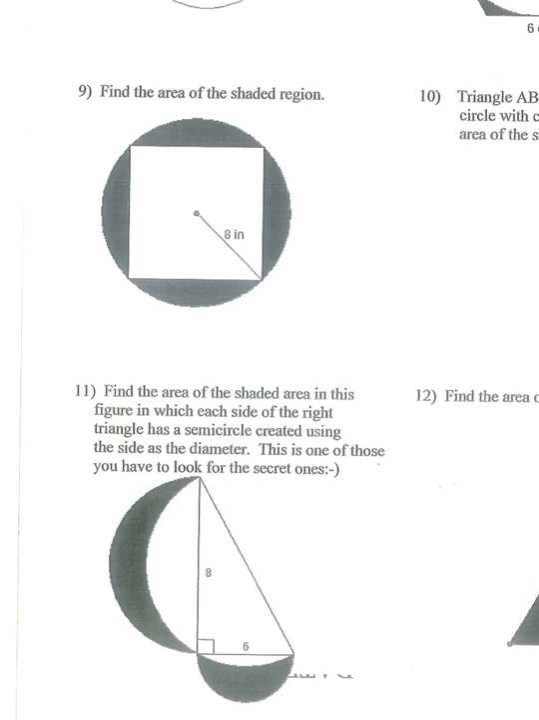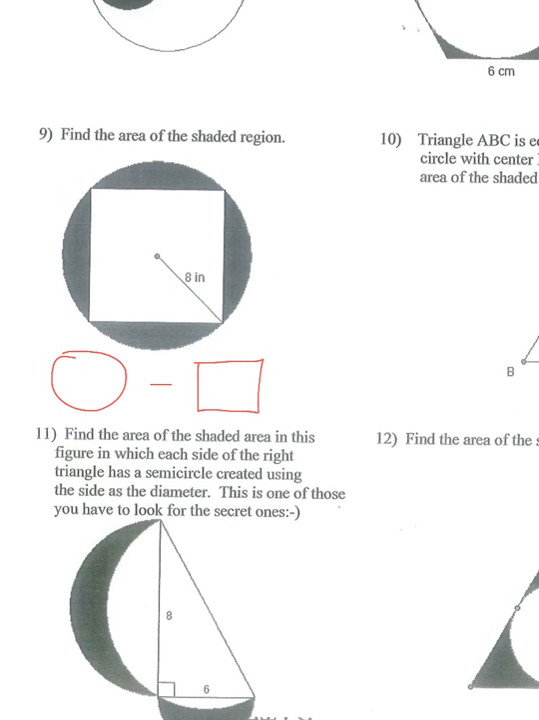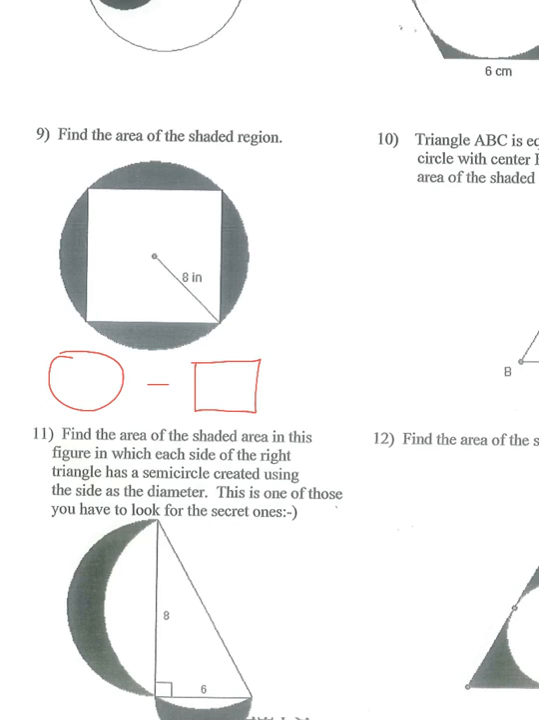Okay, and finally, let's do question number 9. Because number 9, I have a circle, outside circle, and inside I have a square. Okay, so in question number 9, you have to do area of a circle minus square. And if you do this, this will give you the shaded region. Okay. Area of a circle is pi r square. So it will be pi r square